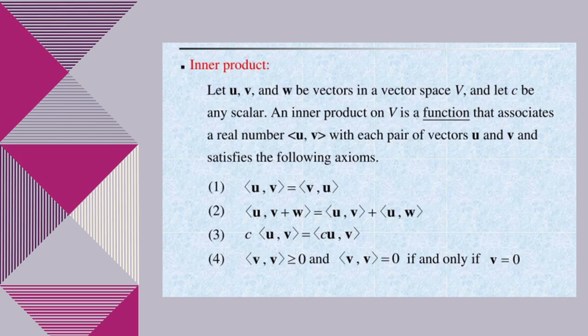For something to be called a true inner product, it must follow four rules. Order does not matter. It can be distributed over addition. A constant number c can be moved in or out freely, and the inner product of any vector with itself must be zero or positive, being exactly zero only when the vector itself is zero. These are the same style of rules as the dot product, but now they apply to a much wider variety of situations.